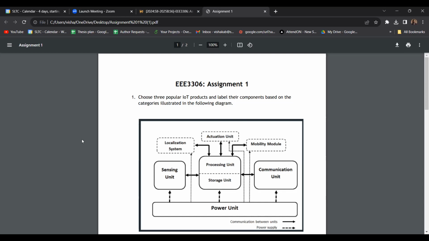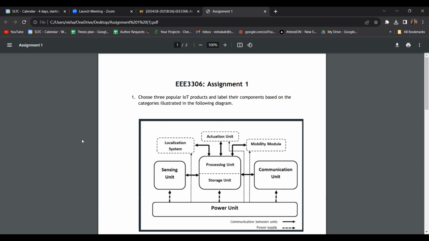some products include the GPS embedded module. Likewise, we want to search for those products and categorize them in a table. You have to take the image of the product, and in the product you need to label the components. If possible, take a very clear image that shows the individual components of the product.